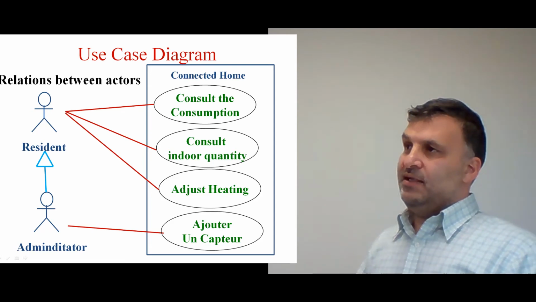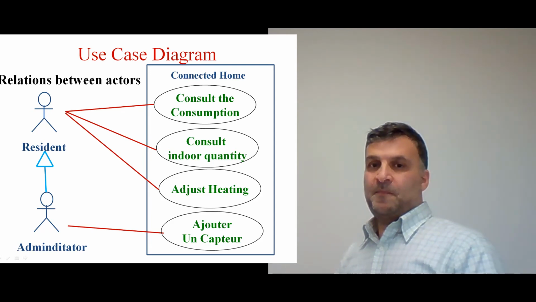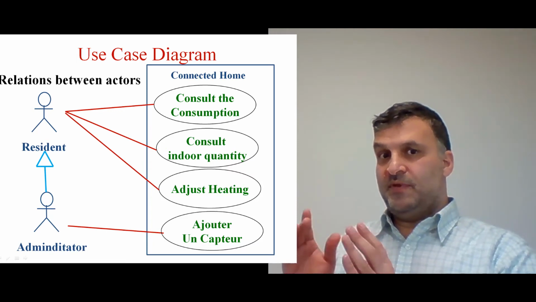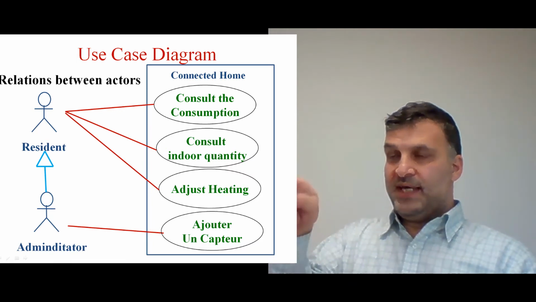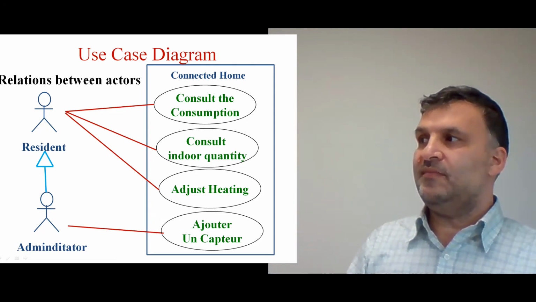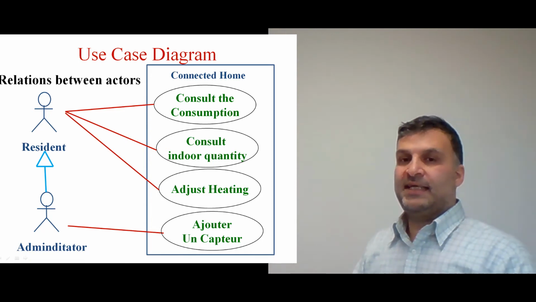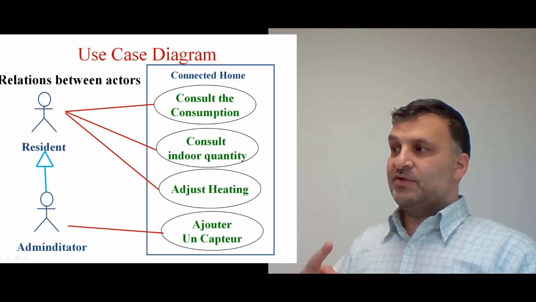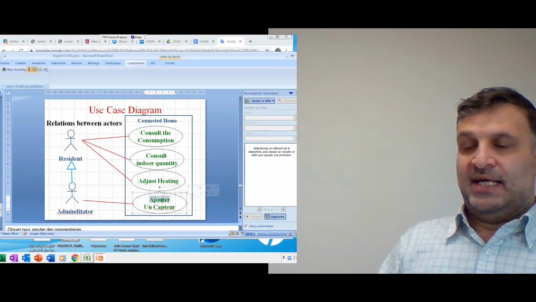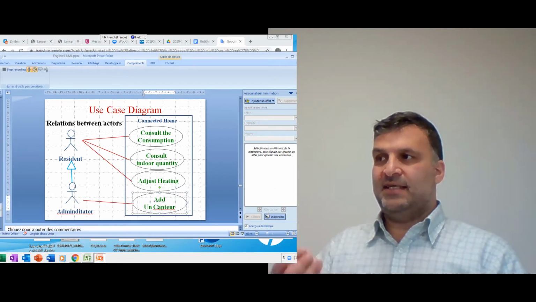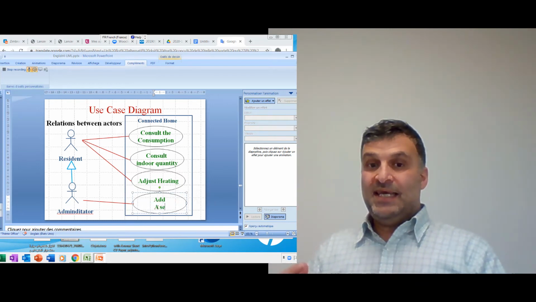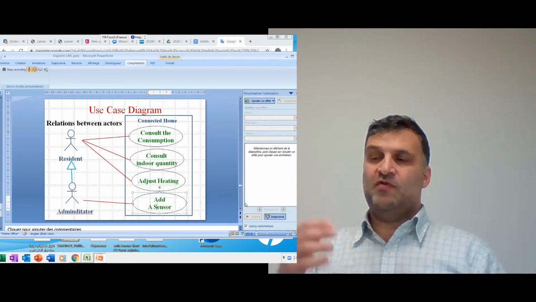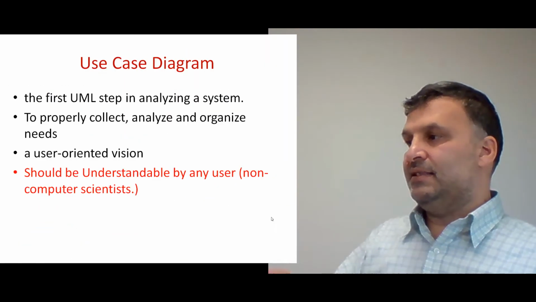This is an example about inheritance. It is another type of inheritance, because in the previous slides we showed the inheritance between two use cases. Now we can see the inheritance between two actors. We can see, for example, that the resident can consult the consumption in the connected home, can consult the indoor quantity, and can adjust the heating. The administrator inherits the resident. That means he can use all the use cases of the resident. Furthermore, he can